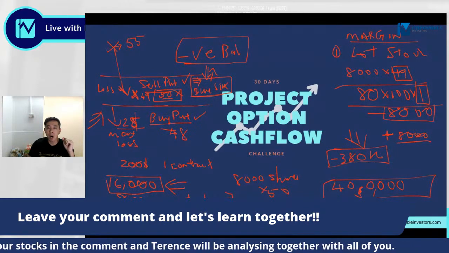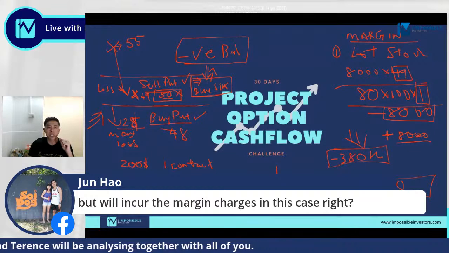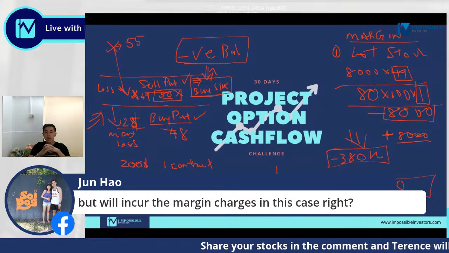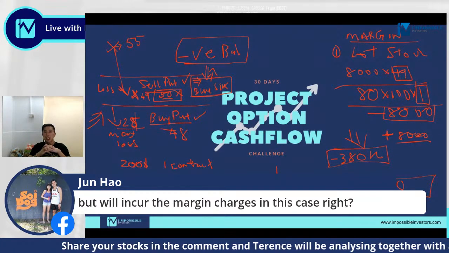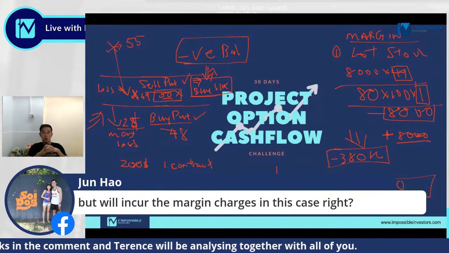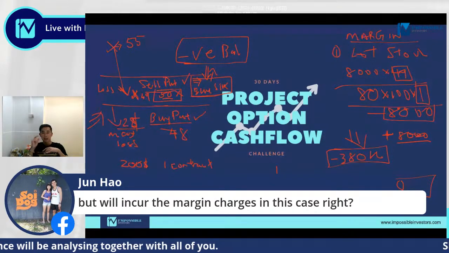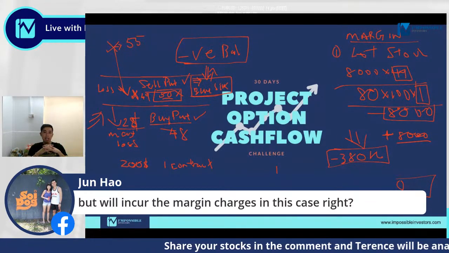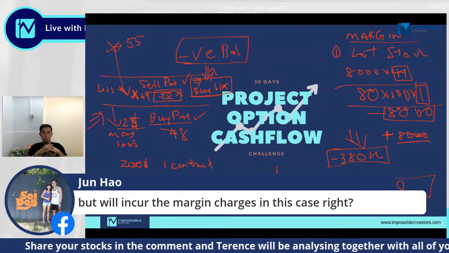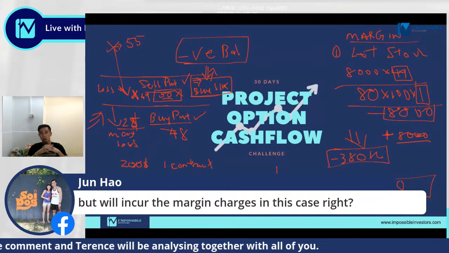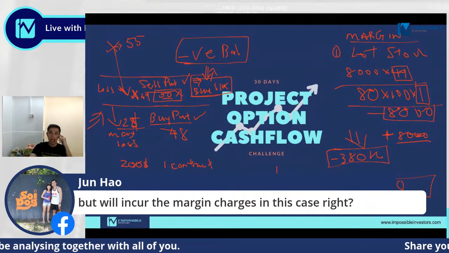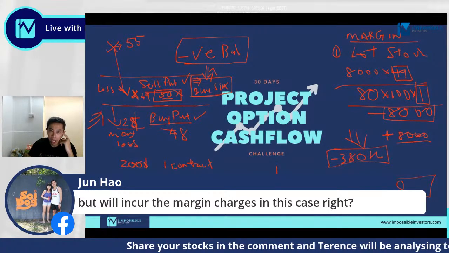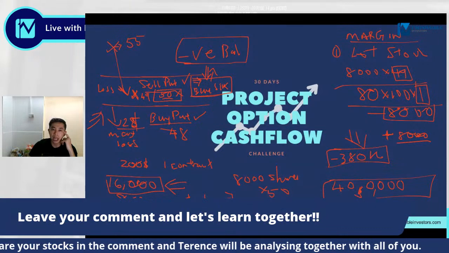Now, while I wait for the others to signal clear, let's answer Junhao's question. Junhao was basically saying that you will incur margin charges in this case. Yes, margins will be charged because you didn't have enough capital to own those shares, so brokers had to lend you for the very short period, which you realize was just a couple of hours before they were liquidated anyway. So the interest charge would have been less than a day over here on the brokerage account. So I would basically weigh that as negligible. Nothing to worry about, again, if you know exactly what you're doing.